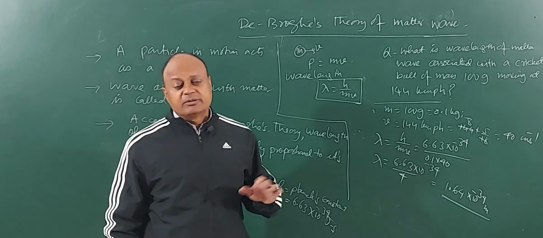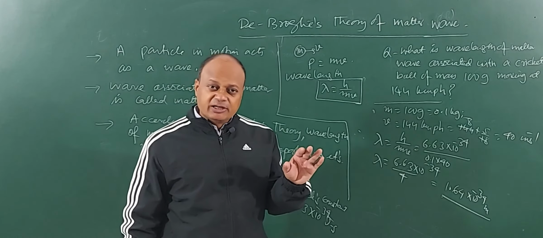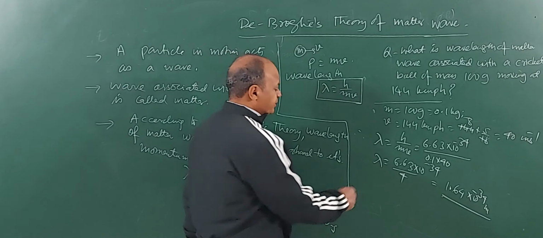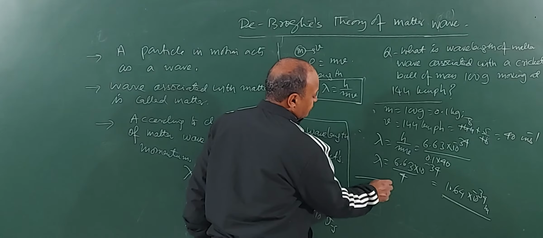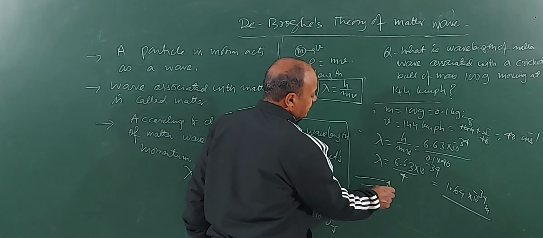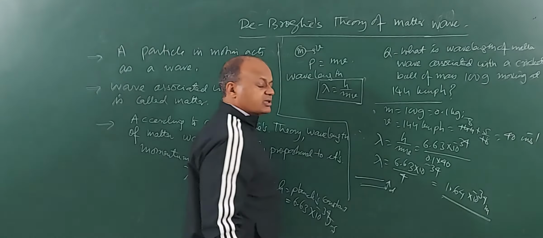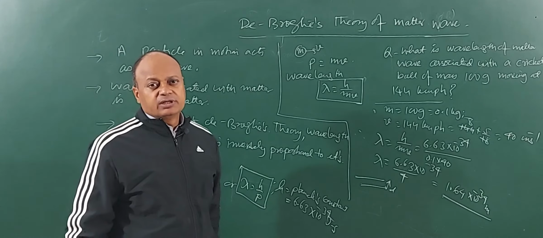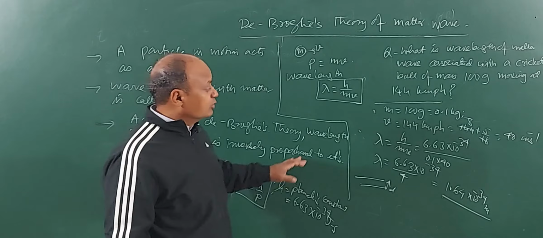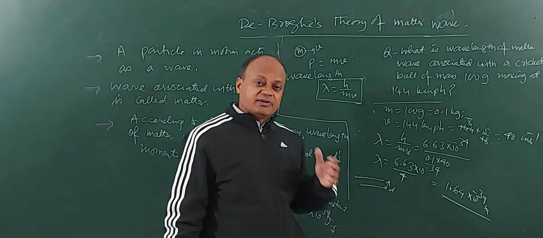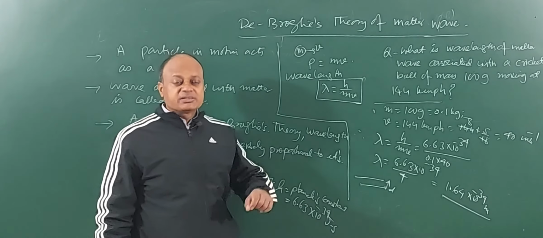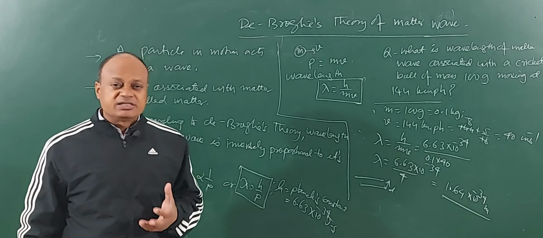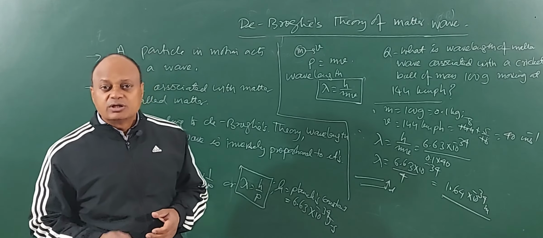then their wavelength comes into the measurable range, and also it's of the same order as the spacing between two planes of crystals. Almost of this order, this is one plane, this is another plane. So it comes of the same order as the distance between the two planes of crystals. Clear? So this theory is valid for all kinds of objects, big and small, but in case of larger objects, what do you find? The wavelength becomes very small, so small that it is not possible to measure it.